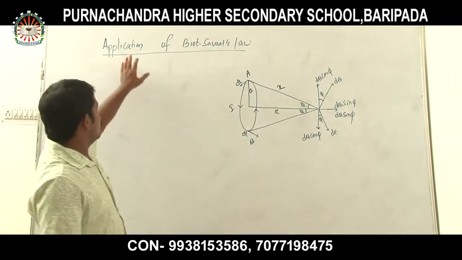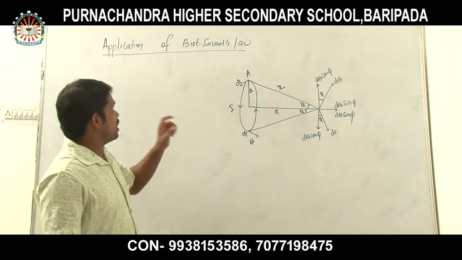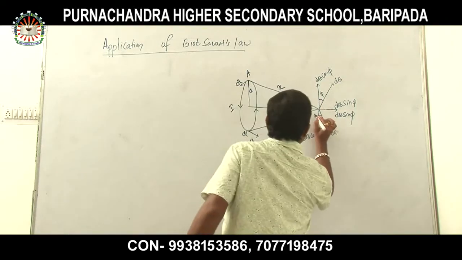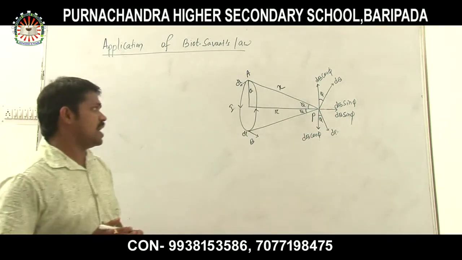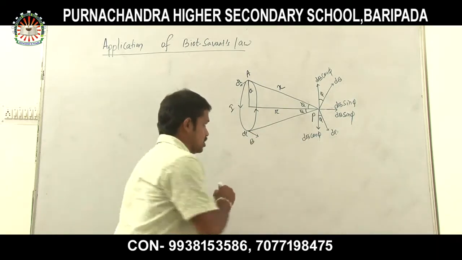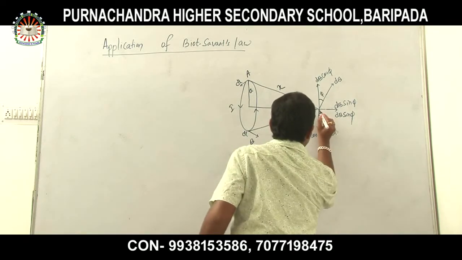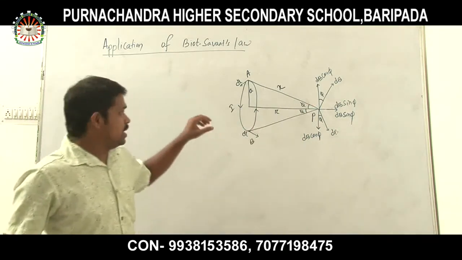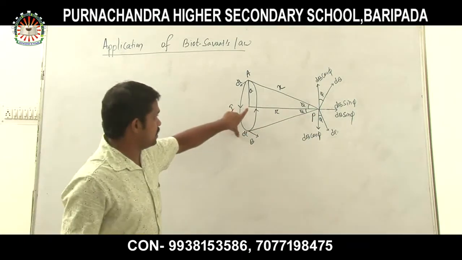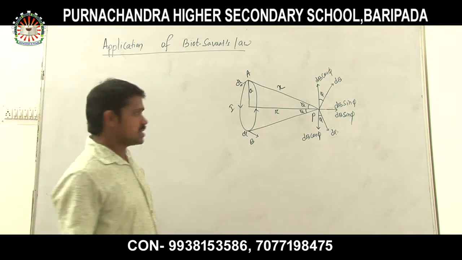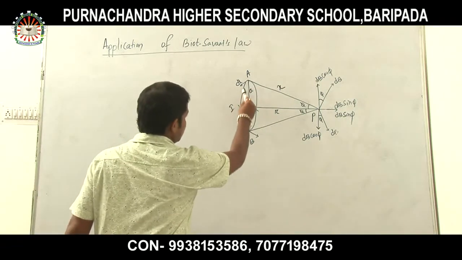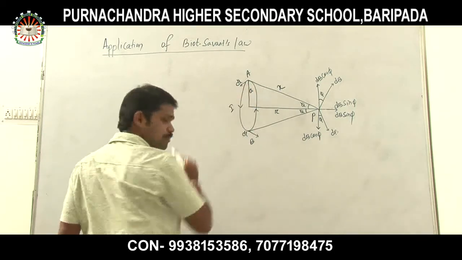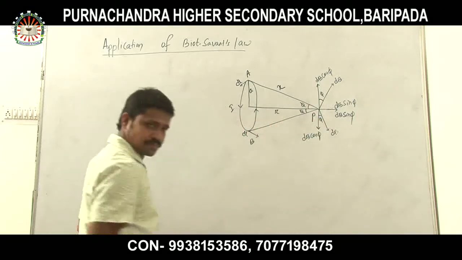Again I will repeat. What is the aim of the Biot-Savart's application? Now we have to find out the magnetic field at some point P. I have denoted that point P. Look at the figure very carefully. So this is my point P. It can be any point, but that point must be present on the axis of the circular current carrying loop. So this is your circular current carrying loop. Look here. This is your circular current carrying loop. Okay. So this is your axis.